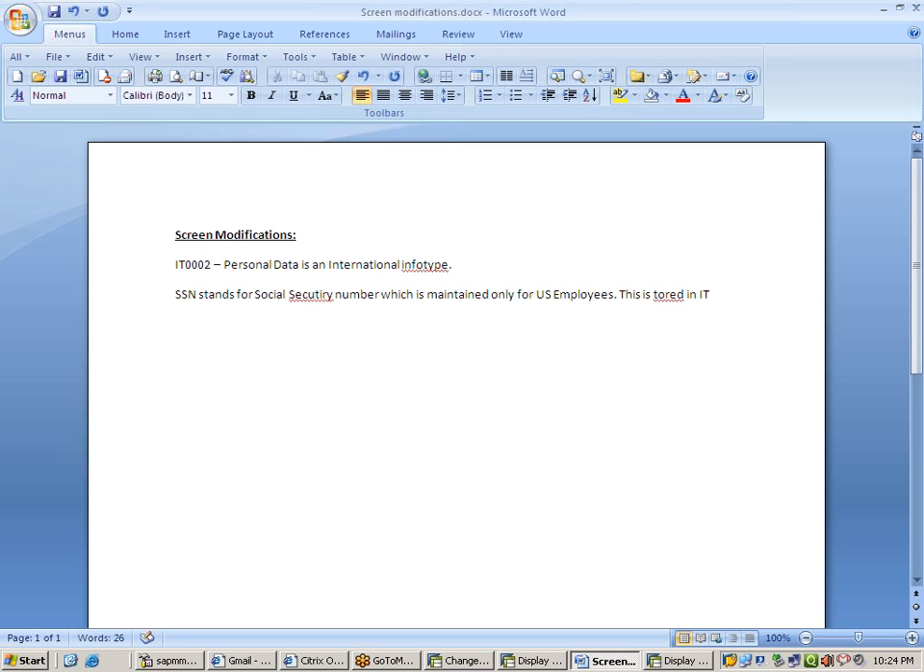This is stored in infotype 0002. This can be seen only for US employees but not for other countries, say Germany, India, etc. This is made possible